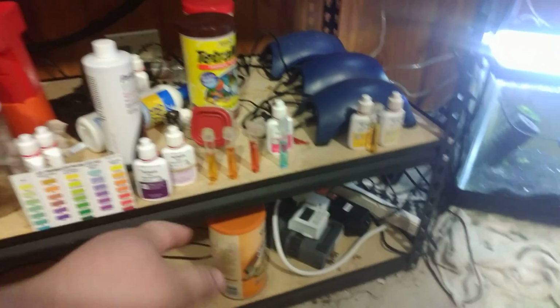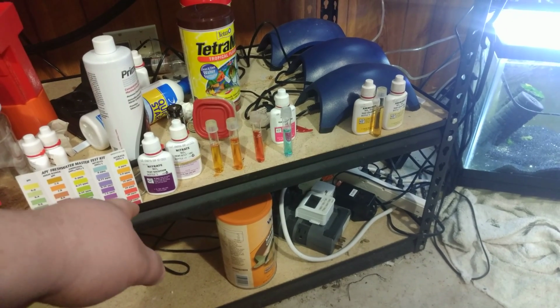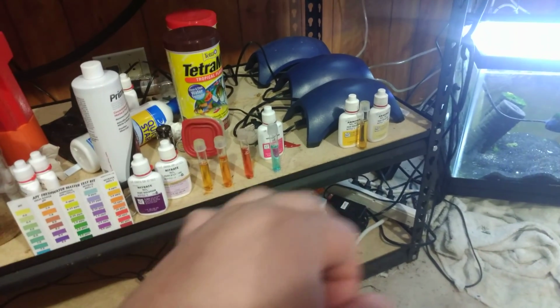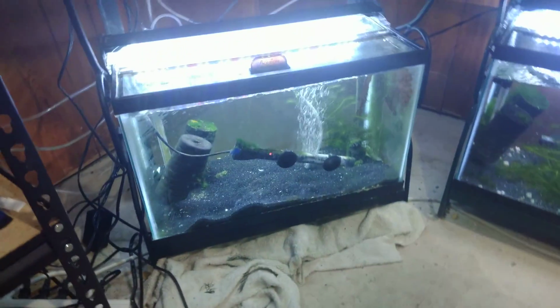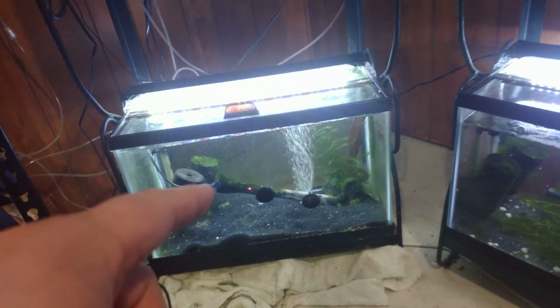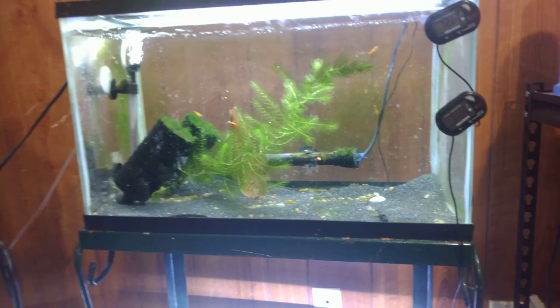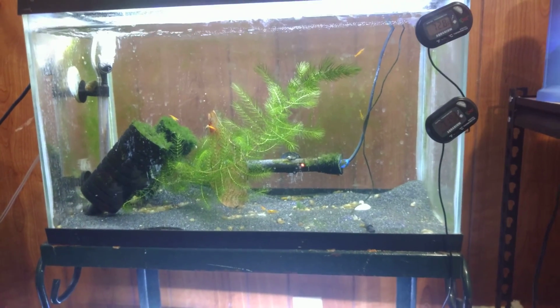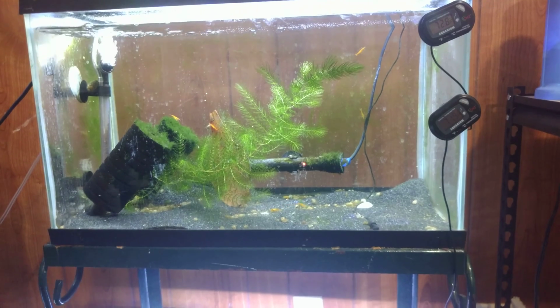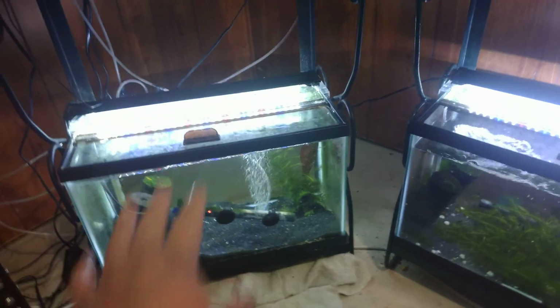It has to be, because that test is red, okay? That makes it in the 40 parts per million range. That's not good. That is toxic, especially to something sensitive like shrimp. That is why these little guys have been dying. Now, the pumpkin shrimp haven't been dying because I guess there wasn't as much ammonia to convert over to nitrate, which is why they've been doing great. And which was why I was a bit perplexed as to why those guys are doing good, but those guys weren't. Because like I was saying in the previous video,